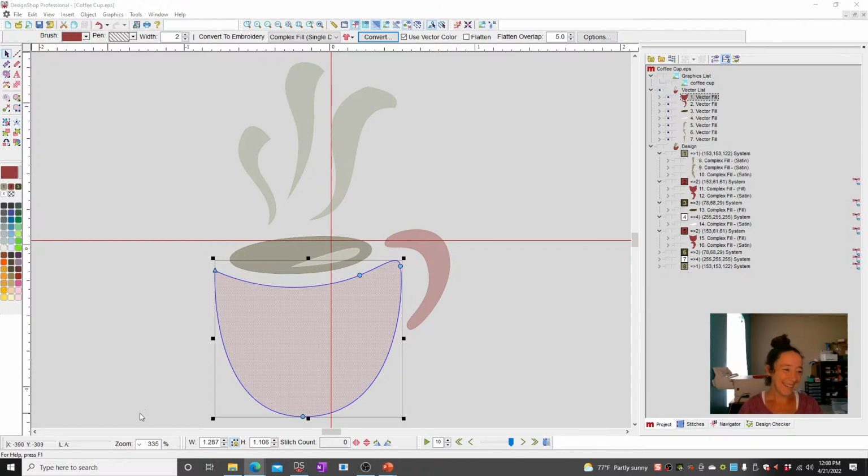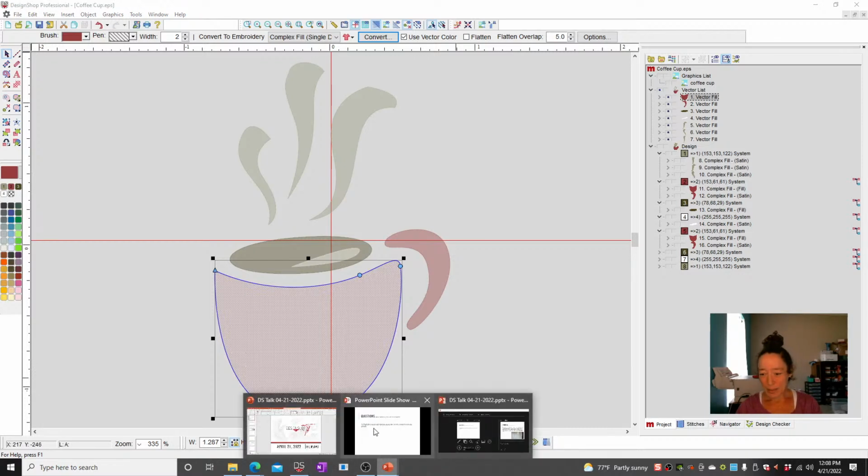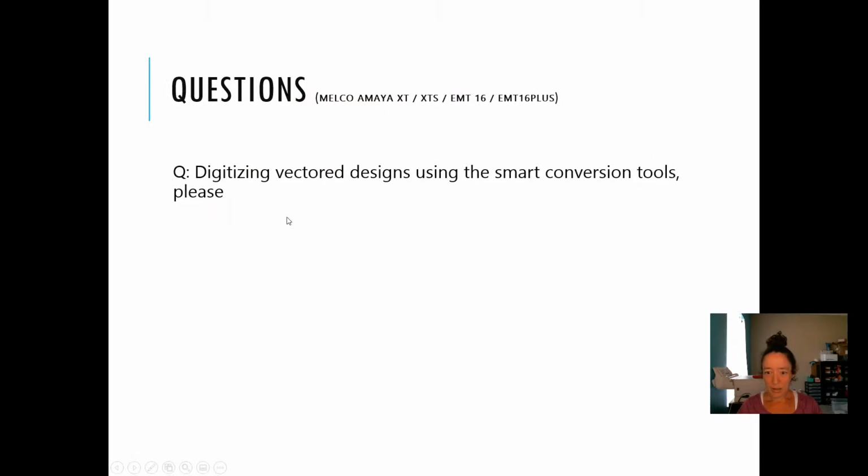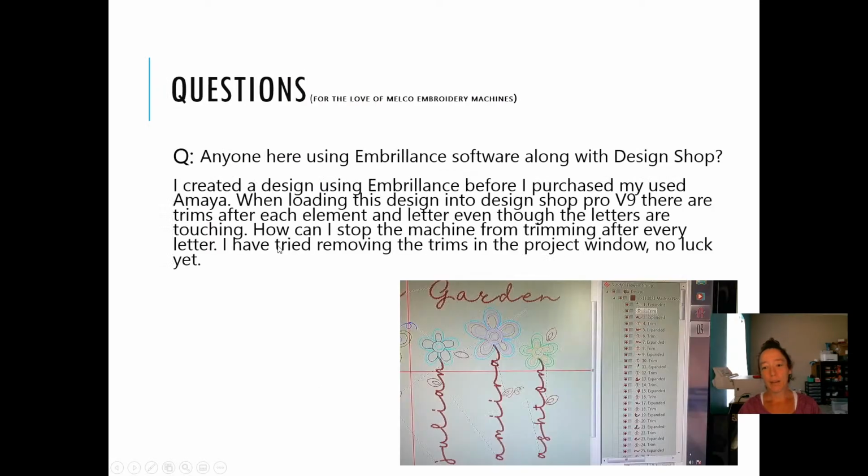All right. Let's see, what other questions did we have? So the conversion tools. All right. So this was a generic question that I was tagged in, so I just added it here. It's talking about when you're working with expanded files and you have lots of trims in there, how do you get rid of them? It really depends on quite a few things. Without looking at the specific file in detail, I wouldn't be able to give you an exact answer, but things to try would be